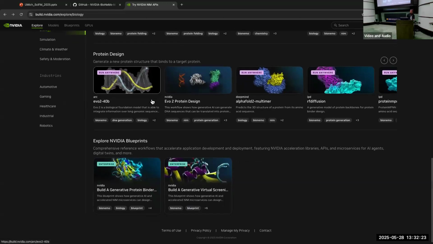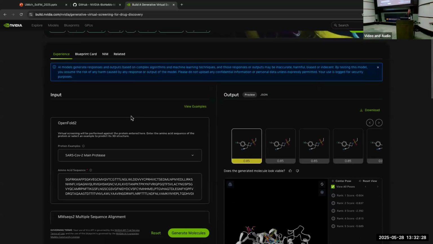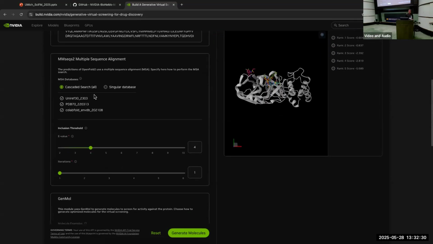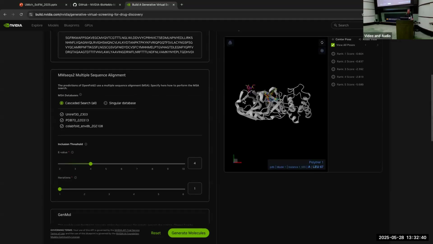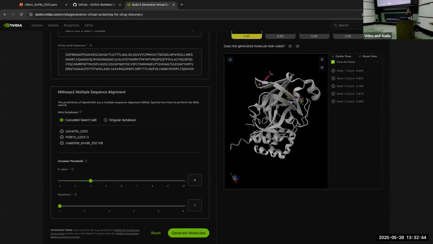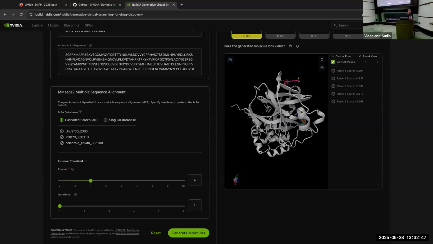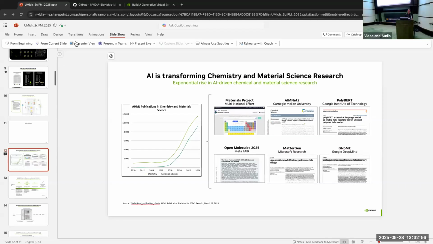And extending all the way to those blueprints that I described. For example, here's a generative virtual screening blueprint where again you have some protein that you're folding. Here's the MSA step. You're interested in binding some ligands to this protein, so you give it a seed molecule and ask it to generate some additional candidates. And then once you have those, you need to bind them together. So I could click generate here. It takes about a minute, but you can see, this is all AI facilitated, a complete end-to-end virtual screening workflow. The protein was folded, the ligands were generated, and they were docked into these poses. AI every step of the way. Great.